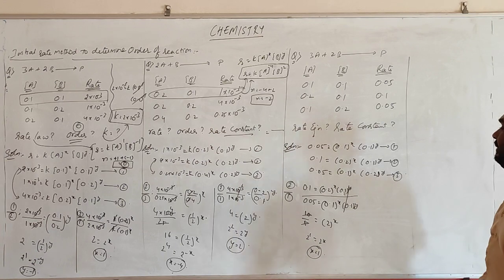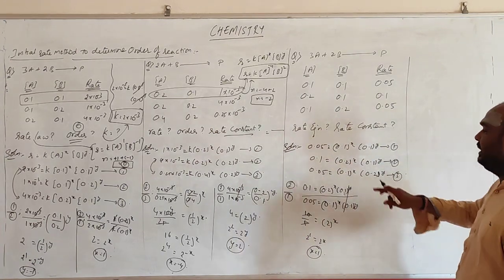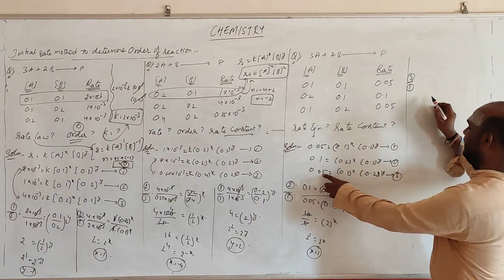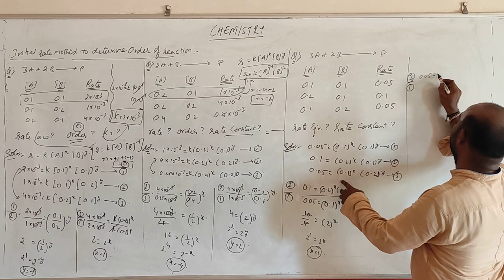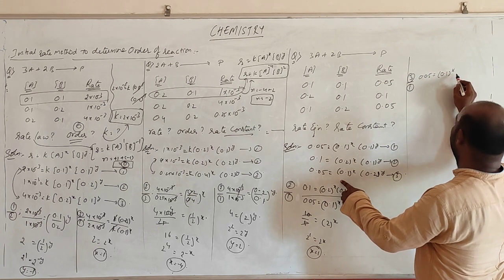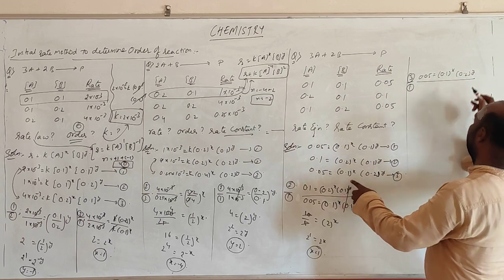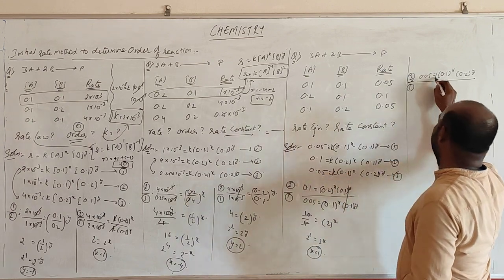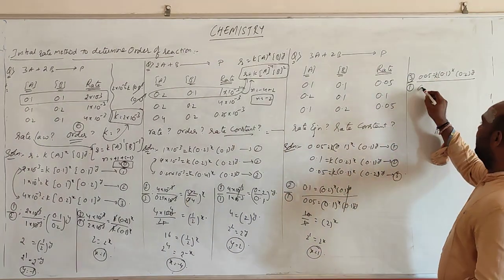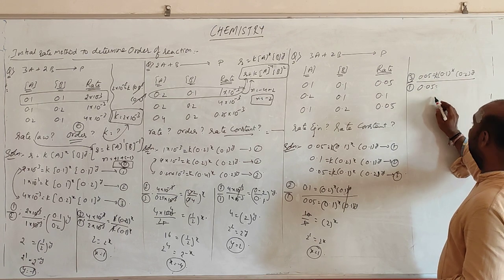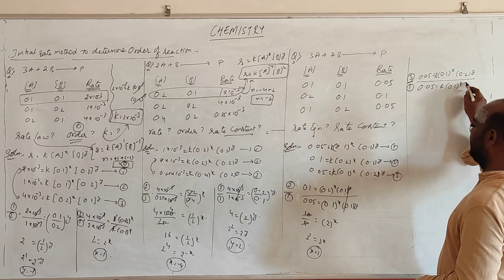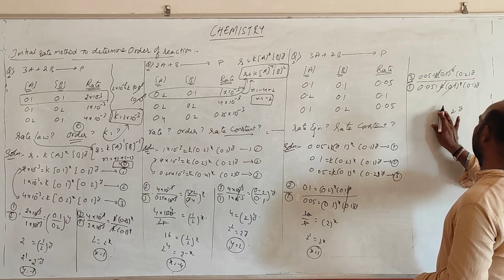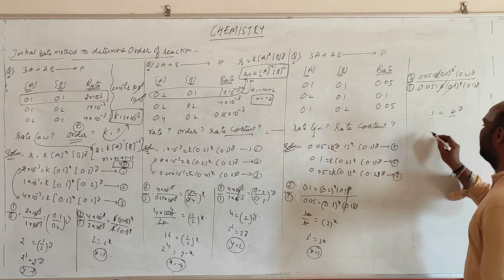Now go for finding the value of y. To find y, x should be equal, so use equations 1 and 3. I am taking 3 by 1. Equation 3 is rate 0.05 is equal to k times 0.1 to the power x, 0.2 to the power y, divided by the first equation, 0.05 is equal to k times 0.1 to the power x, 0.1 to the power y. The k is common for everything, don't forget this. K cancels, so 2 to the power y is equal to 1. These are not equal, so y is equal to 0.